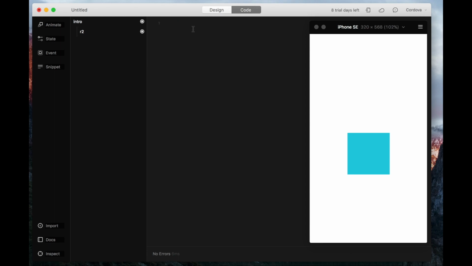Just like in this example, I want to do something with R2, but keep in mind that if you have never coded before, I believe you will probably meet some difficulties, but don't worry about that. I'll try to explain as briefly as possible. So here, to create an interaction for R2,